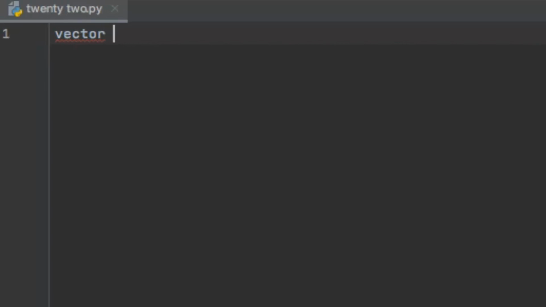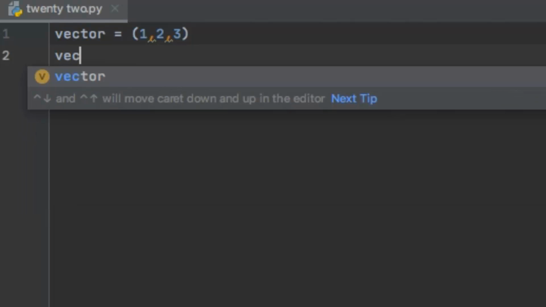If you want to define a tuple which is a vector, so I name it vector and it has three coordinates x, y and z. I define the value of x, y and z coordinates as 1, 2 and 3 respectively. Now if you want to use the values of these three coordinates x, y and z in a big mathematical formula which is x into y plus z, then probably you'll access the values like this.